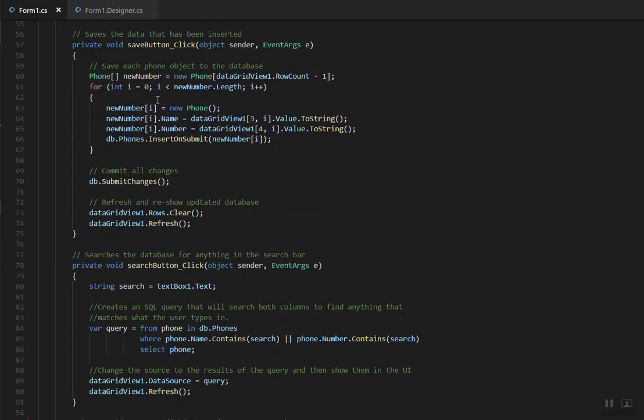And moving on to the next part, so this function operates the save button. Whenever you click the save button, it creates a new number for